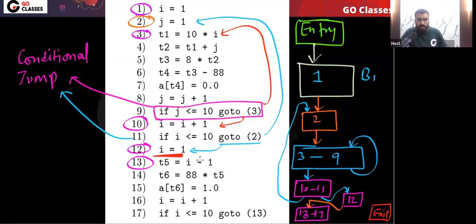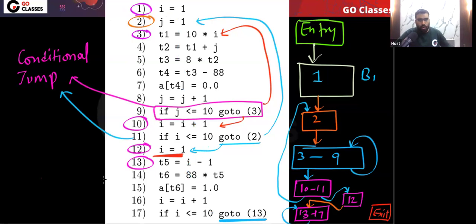Next, from this basic block, 13 to 17, there should actually be two edges, right? But there is no next instruction. So one edge will be to 13 itself. One edge is going to be a self loop, and another will be, see, tell me, which instruction can go to